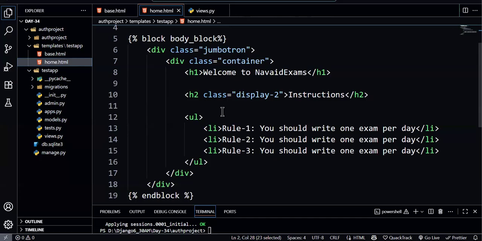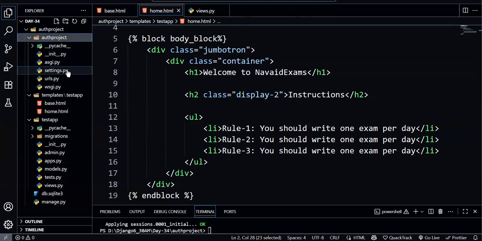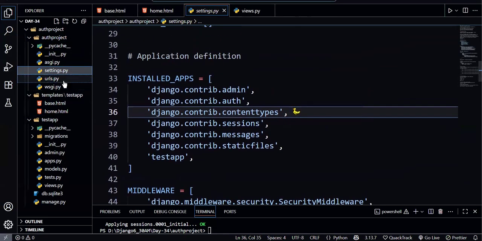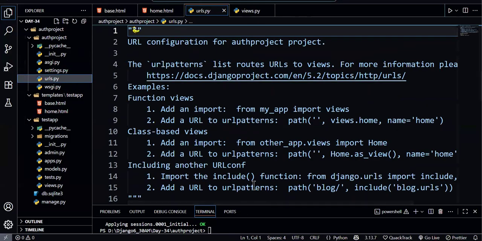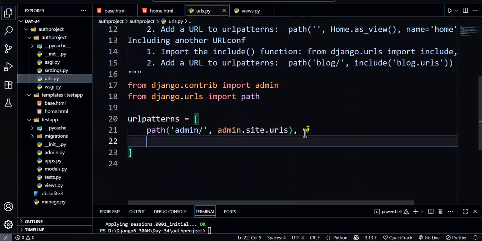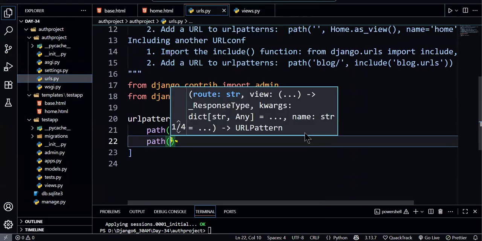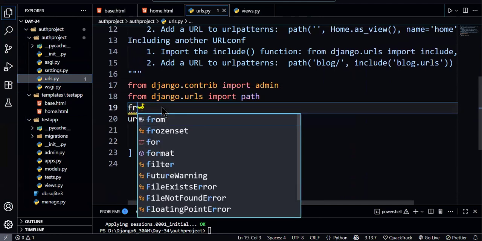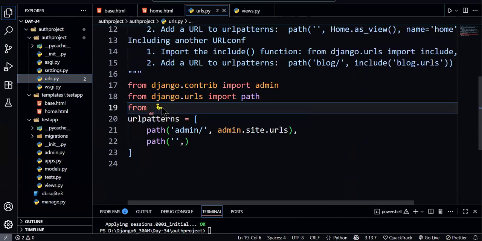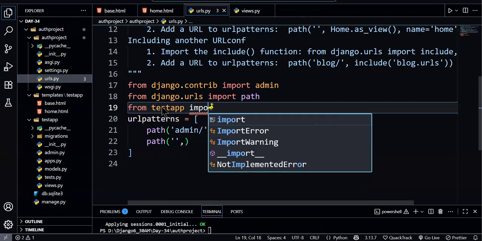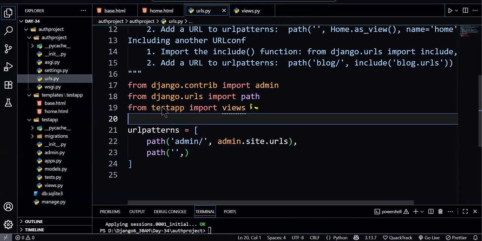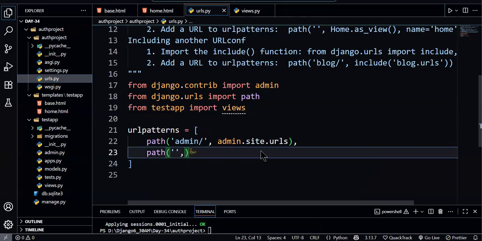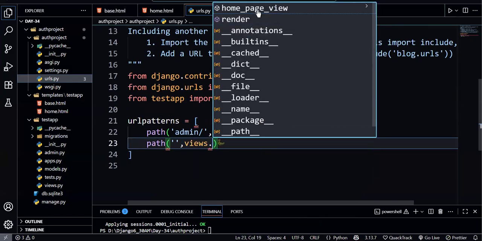Okay, so now what we have to do, just create the URL for the same. For creating the URL, just go to the settings.py file. I mean, not settings, but urls.py file. And here just write path, and we are not writing any endpoint because we want to directly open it. And where is our view? From test import views, right? And here I will write views dot which view, home page view,